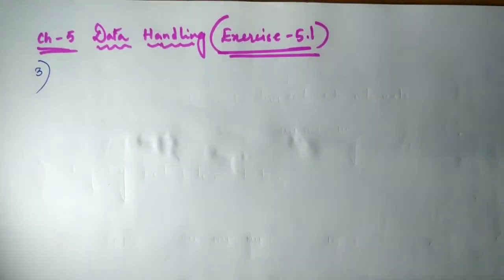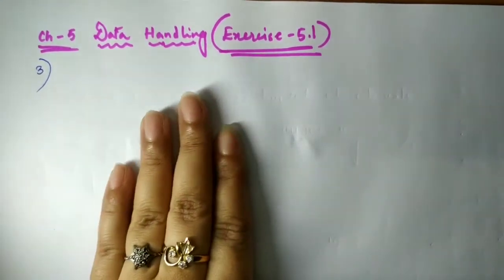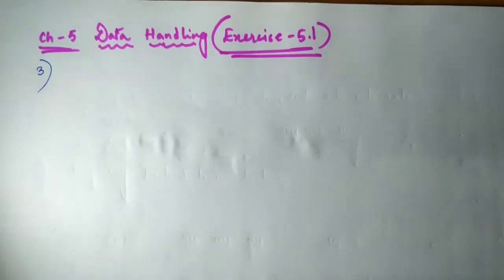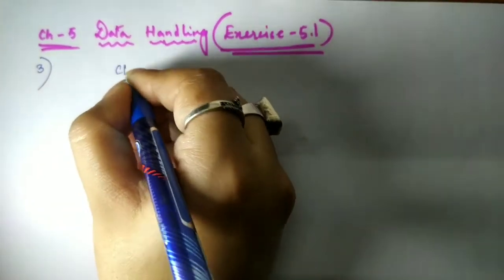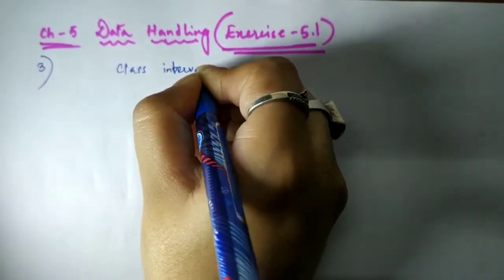In the last video we discussed making a bar graph using a frequency distribution table. Here also we'll be making a frequency distribution table, but here we'll have class intervals. Before starting, I would like to tell you something about class intervals. Class interval means when we divide a particular data into various intervals.